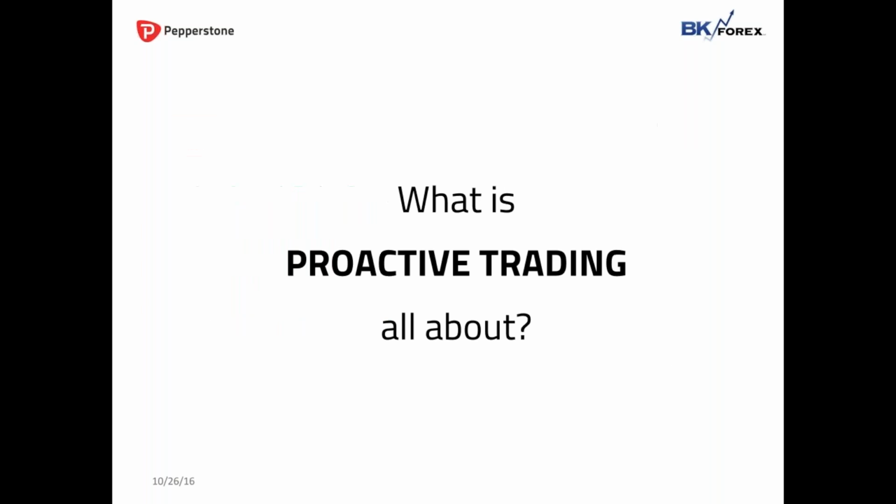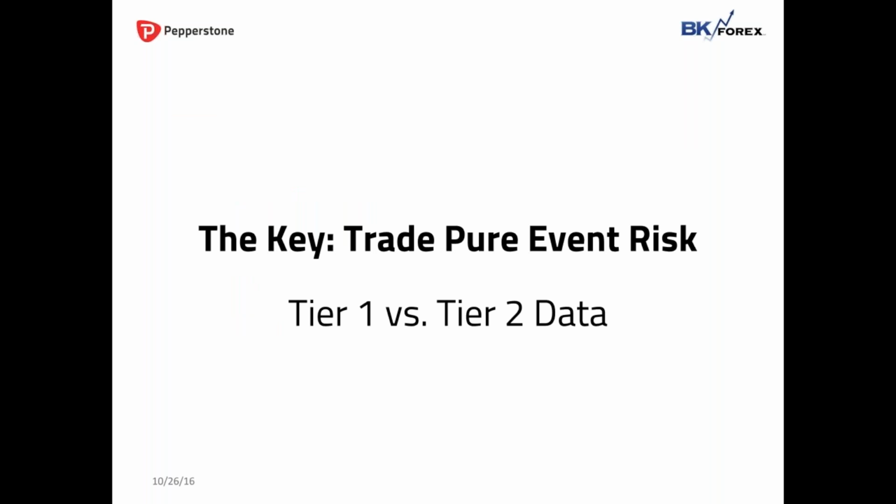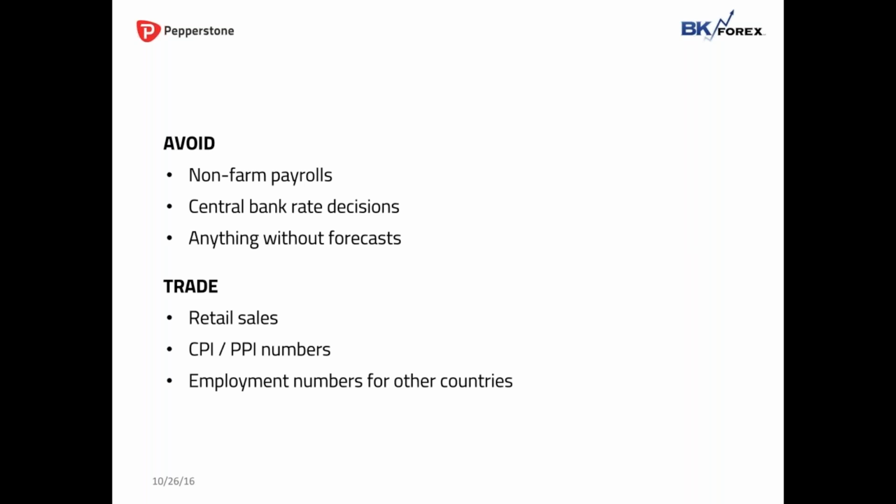So these are the 10 most market-moving releases. We ignore Japan. We ignore Switzerland. So as I said, these are the key things of trading proactively. But the most important way of slicing the proactive strategy is what we call Tier 1 versus Tier 2 data. So what is Tier 1 data? What we try to do, and this is very important,